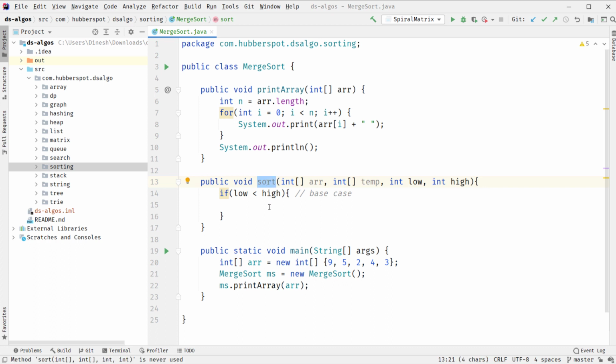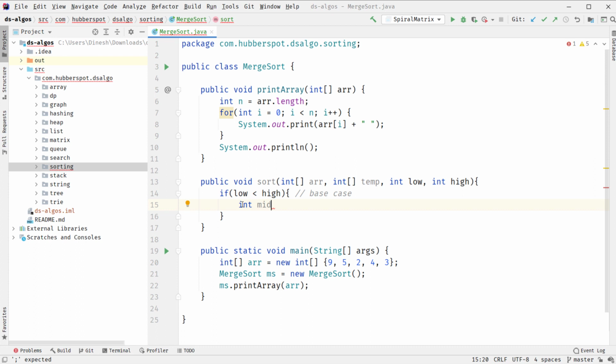We will see later. In this algorithm, we are dividing the array into two parts, the left part and the right part, and we will keep on dividing them till the left and right parts contain only a single element, because they can't be divided further. When low is equal to high, it means we have only a single element, so we return from this method because we can't divide the array further. So when low is less than high, we divide the array into two parts. For that we need to figure out the mid index.